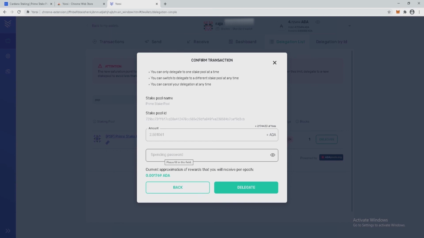So let me put the spending password here and try to delegate.